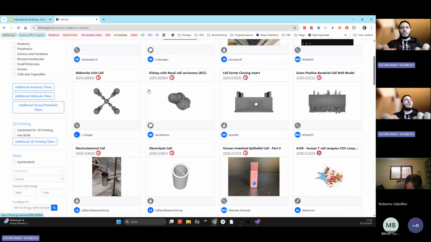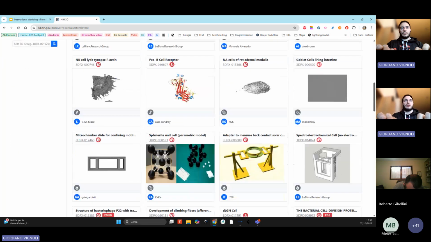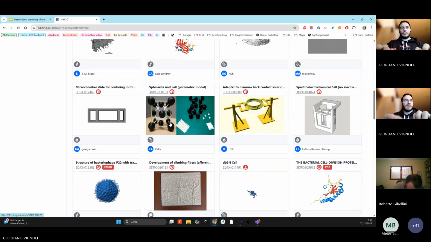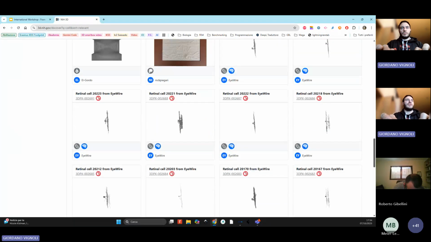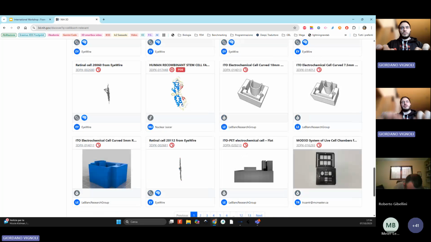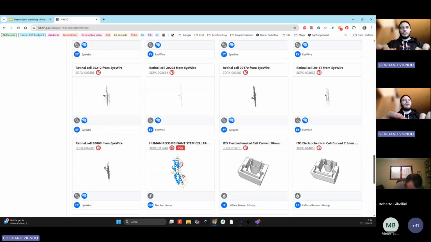And you could also print objects for your laboratory, chemical structures, instruments to do the experiments, and there are a lot of interesting things, in particular for a science teacher of the higher grades, because they publish a lot of 3D